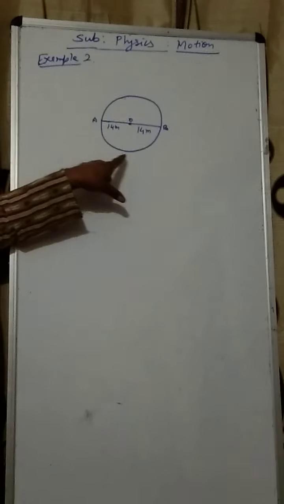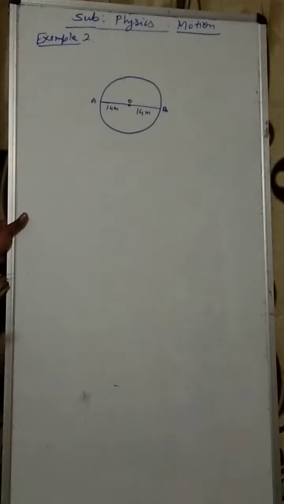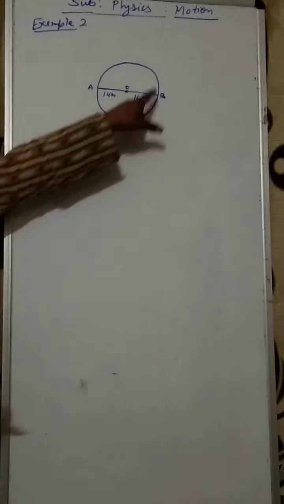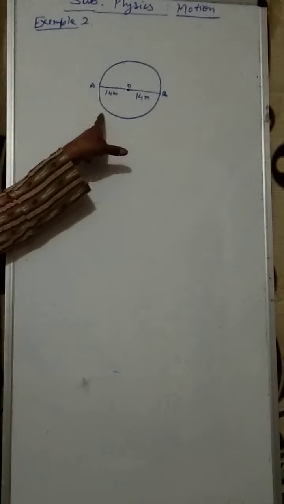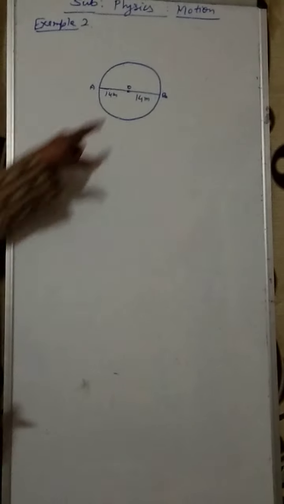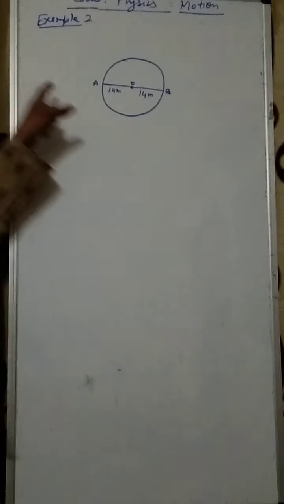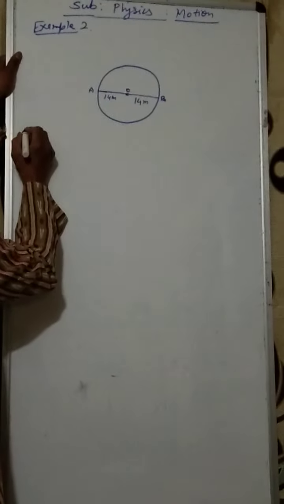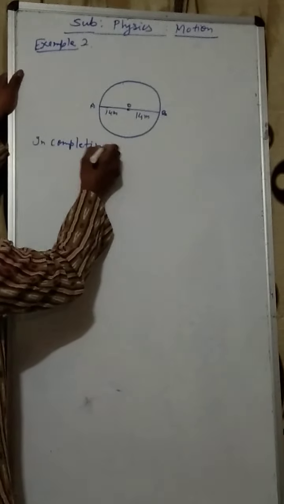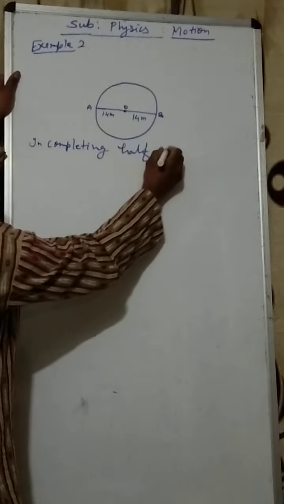An object starts to travel on this circular path. Suppose it completes one complete path. In this complete circle, I have to calculate distance and displacement in two phases: first in half circle and then in the complete circle. So first of all, in completing half circle,